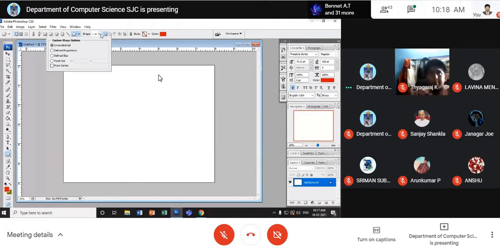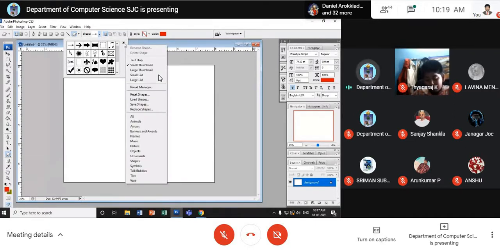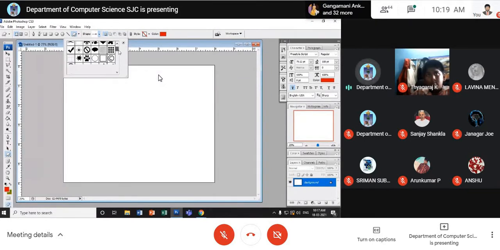See, when you click the shape, you will have so many shapes available, right? You will have only a few now. If you want to add more, what should you do? See, click this small arrow here. See, there are so many. Click all, and append. You will have all the logos, all the shapes that could be available, listed here. Everything. Okay, am I clear to you?